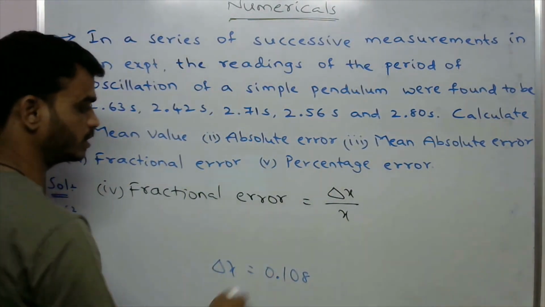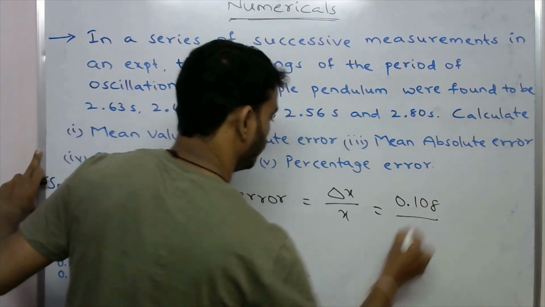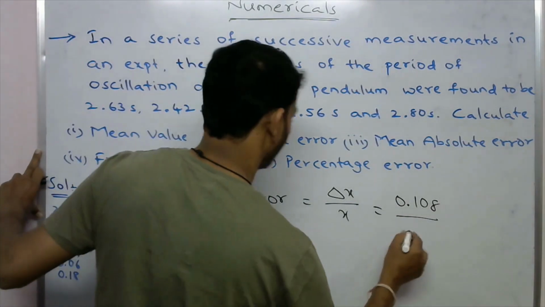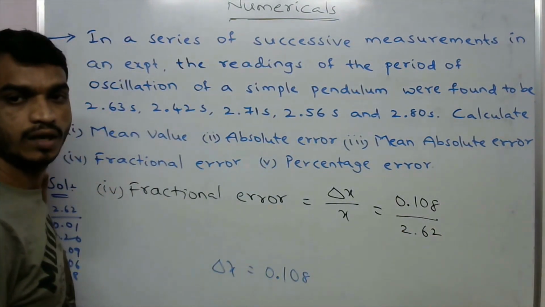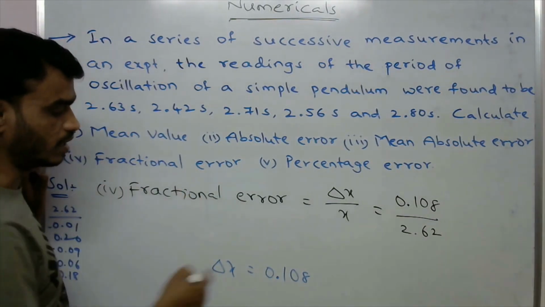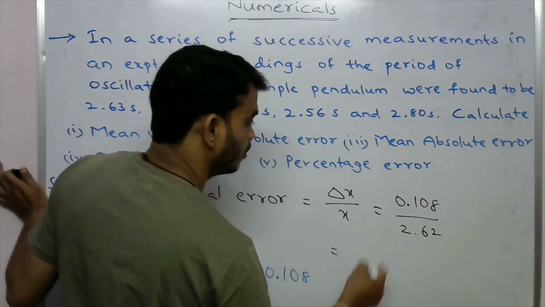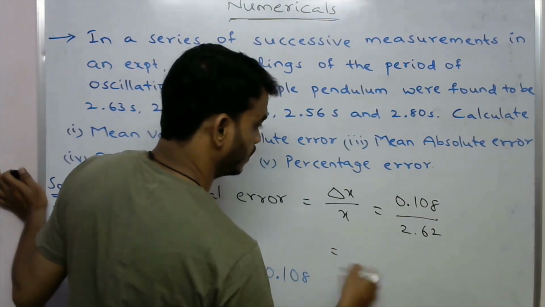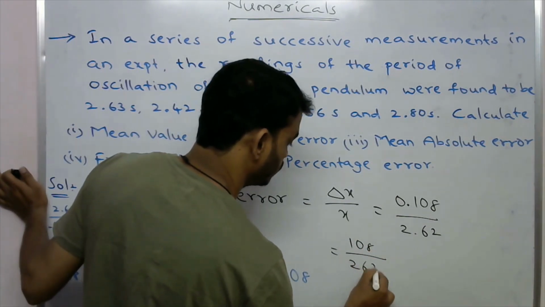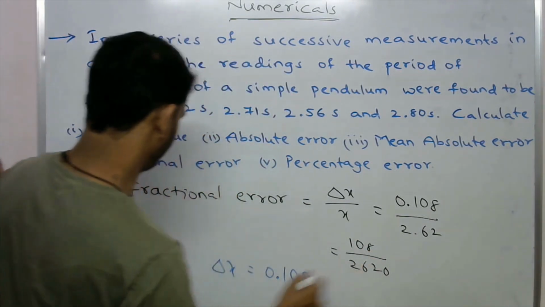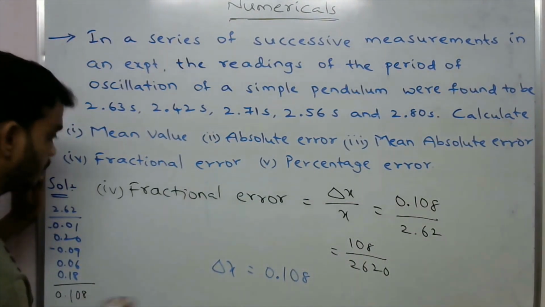So my mean absolute error value is 0.108, and the mean value is 2.62. Okay, so that value becomes 0.108, so 108 by 2620. So by calculating this one,